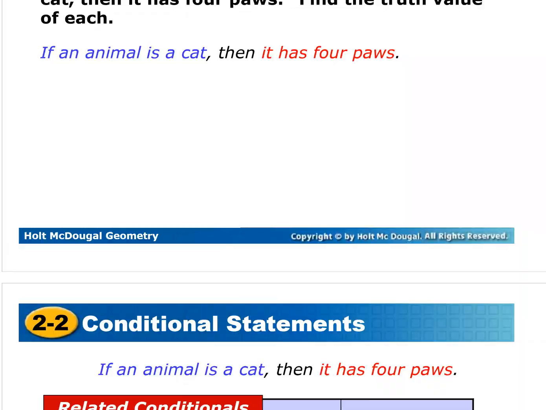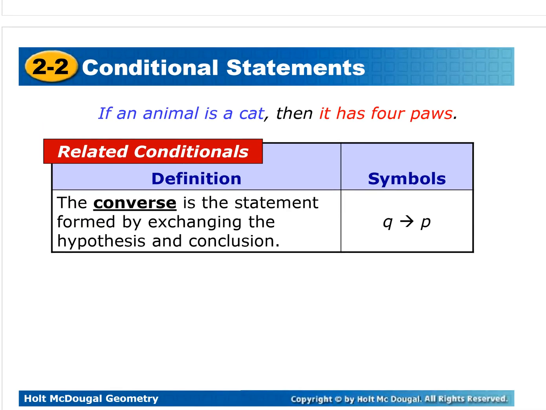So first, we're going to write the converse. Okay, so if an animal is a cat, then it has 4 paws. That's my original. Now the converse is we're going to flip those two. We're going to flip the conclusion and the hypothesis. So we're going to start with the word if. If, what's my conclusion? Don't write "it," you want to say what your noun is. Think of what you learned in English before. You usually start with a noun. You need to identify what you're talking about. So what was it? It's an animal. Okay, so if an animal,